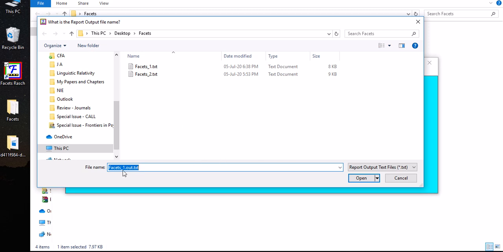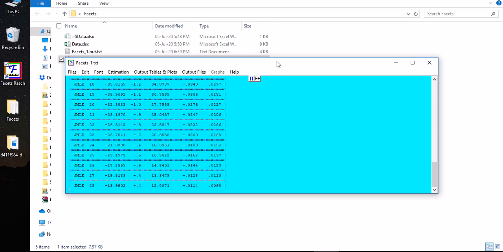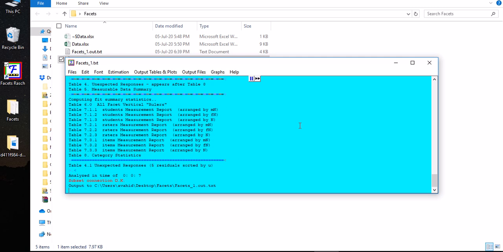I can change the file name, but I always keep it to this default because it's very easy to associate it with the input file. It just has a dot out extra word there, so it shows me that this output is related to facets number 1. So open, and the analysis, this is the result of the iteration process,